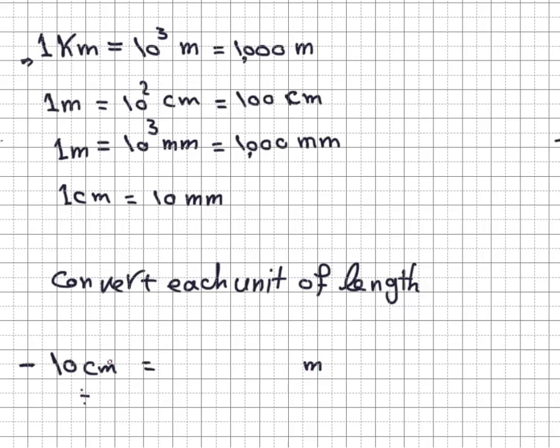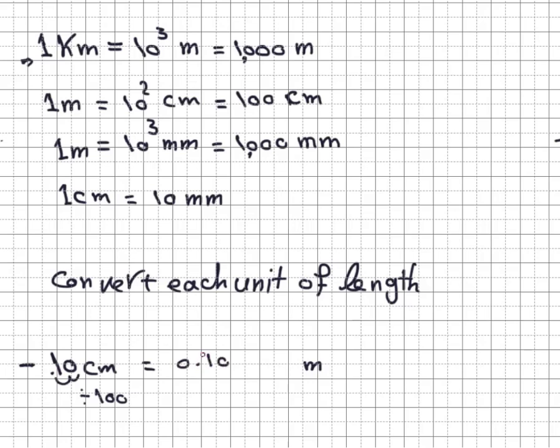If you convert from a smaller unit to a bigger unit, you have to divide. 1 meter equals 100 centimeters, so I will divide by 100. 10 divided by 100. Every time you divide by 100, move the decimal point 2 steps to the left. Now the answer is